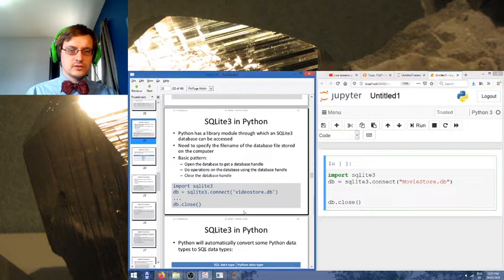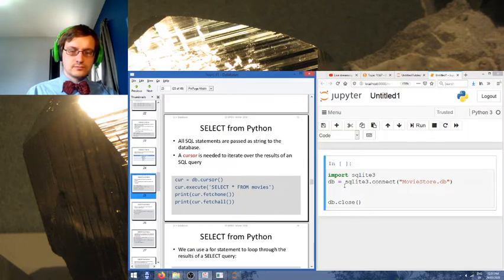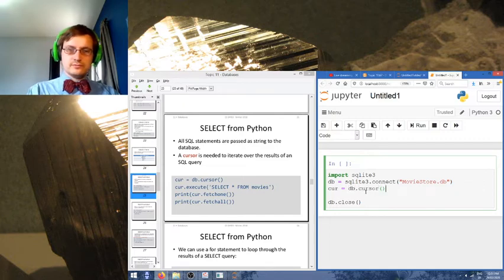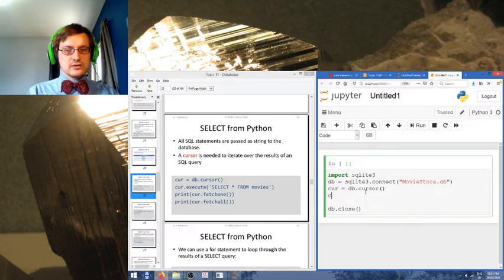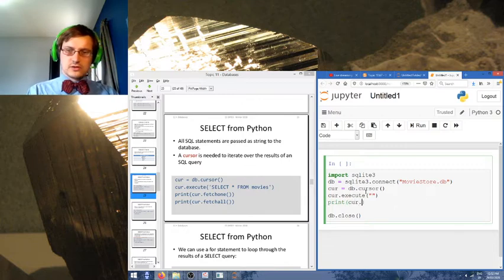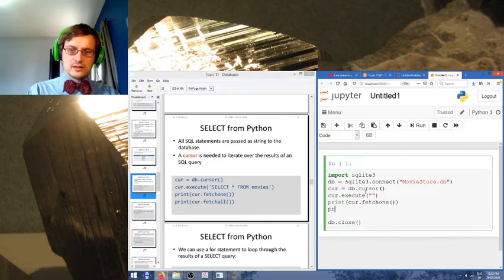Now, we create a cursor, db.cursor. We execute a command. I'm going to leave that blank for now. Then we want to print cursor.fetchone and print